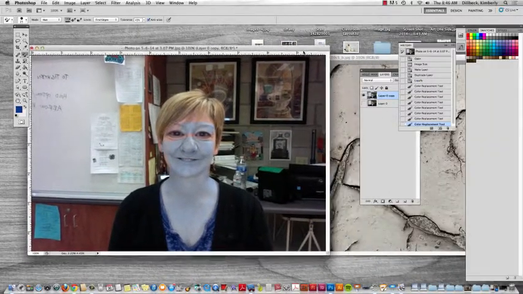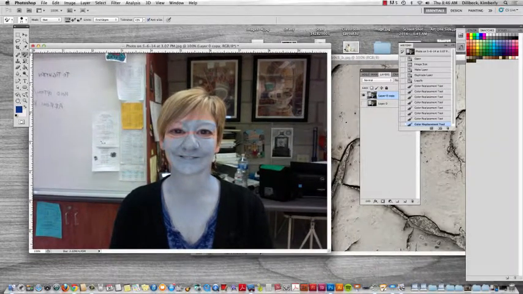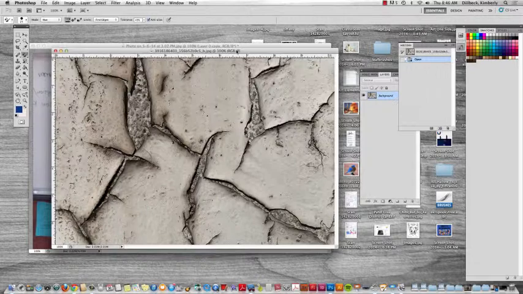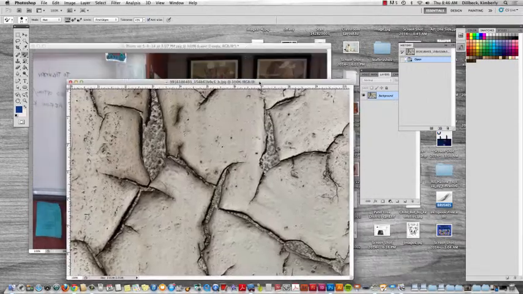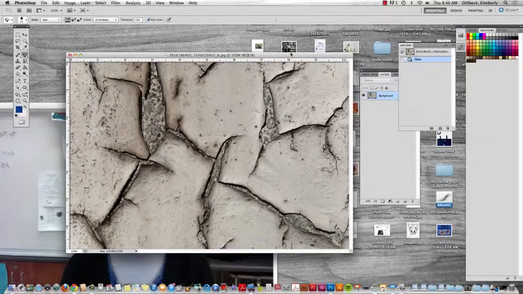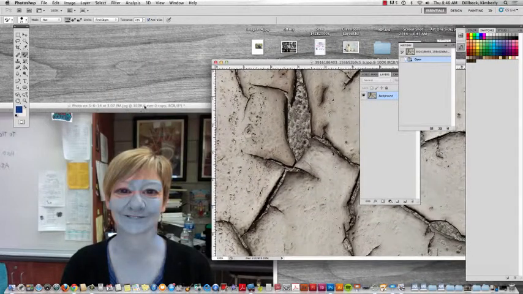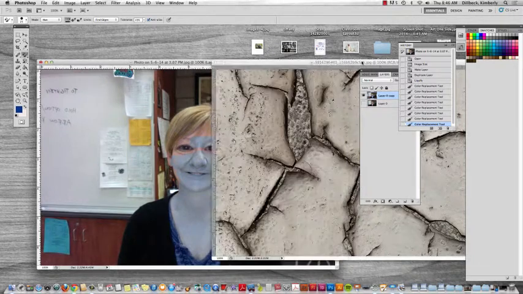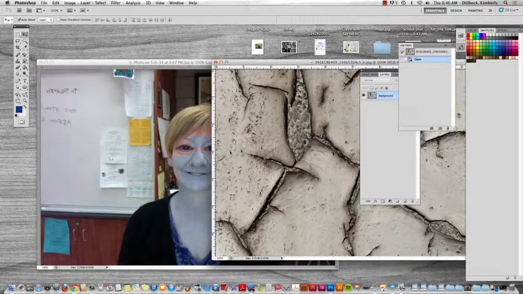Okay, so one other thing you can do is give yourself a kind of cracked skin or wounds on your face, and you can do that using texture. This texture is in the handout folder. There's a folder called High Res Textures, so you can find this one there if you want. What I'm going to do is first drag it into Photoshop or into my file,